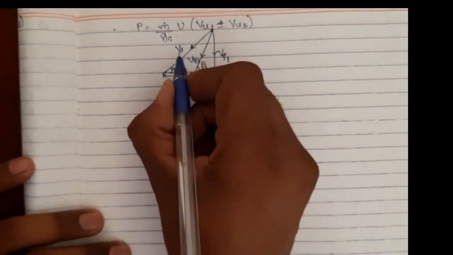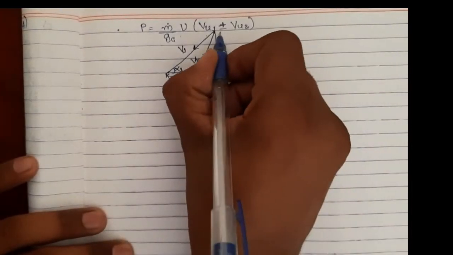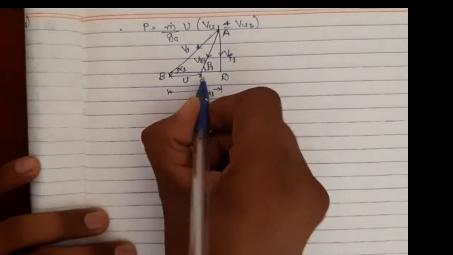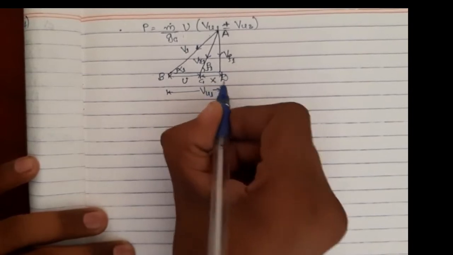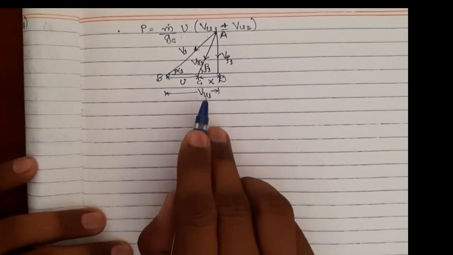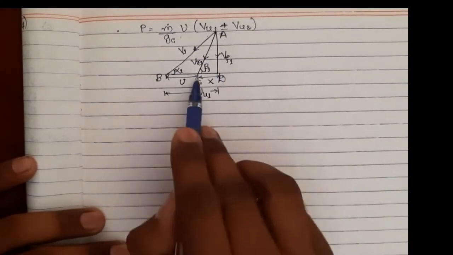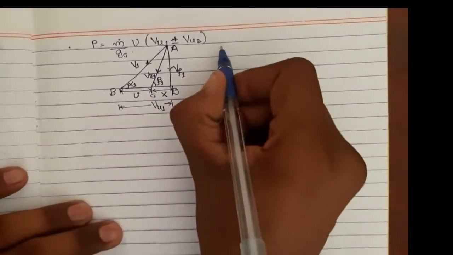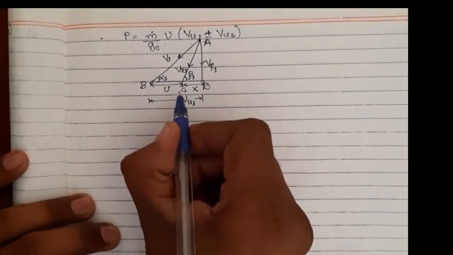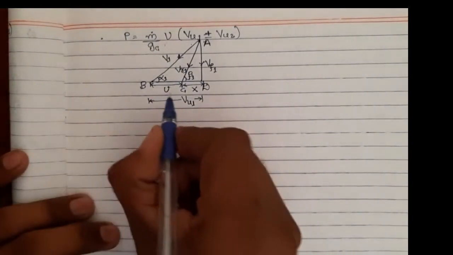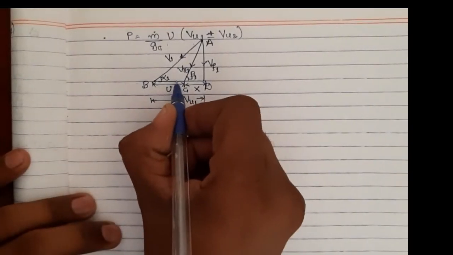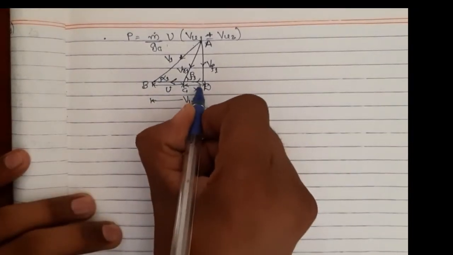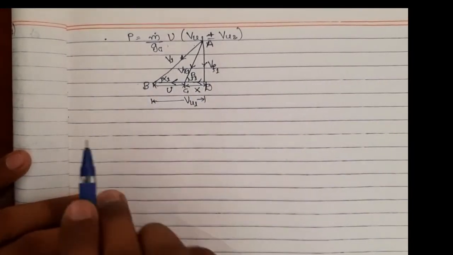right? So just for the purpose of explaining, I will just name these points A, B, C and D. Okay, and let me call CD as X. This we do not know. Let us see if this is of any use. If this is to be used, then we will use X also. So ABCD is the inlet triangle. Okay. Now before going to the outlet triangle, I will mark the direction for the VU1 and U also. So we should always mark these directions towards V1. So U is in this direction, VU1 is also in this direction. So both are facing the left side.